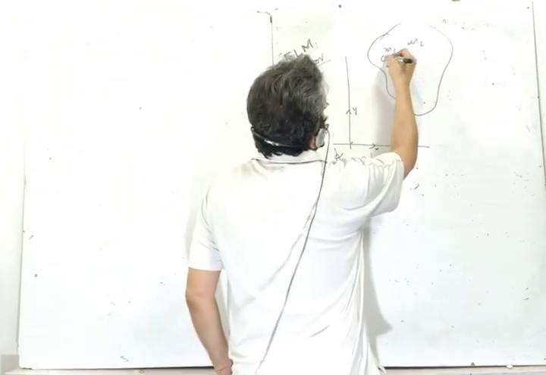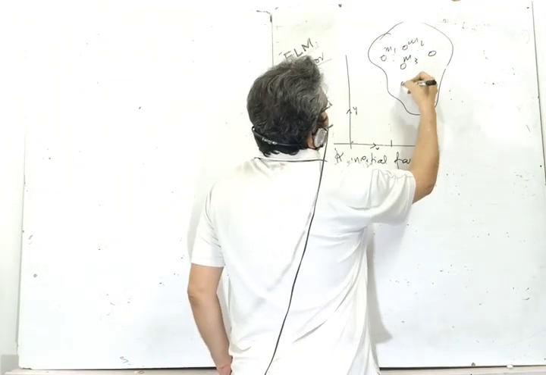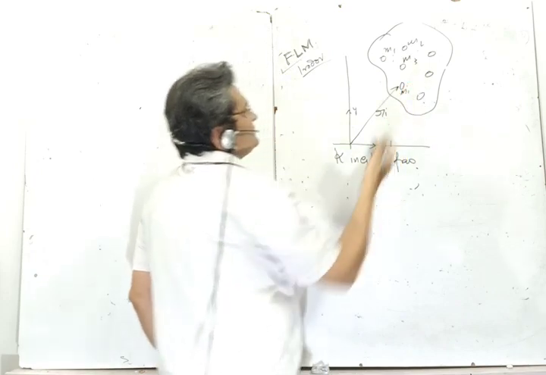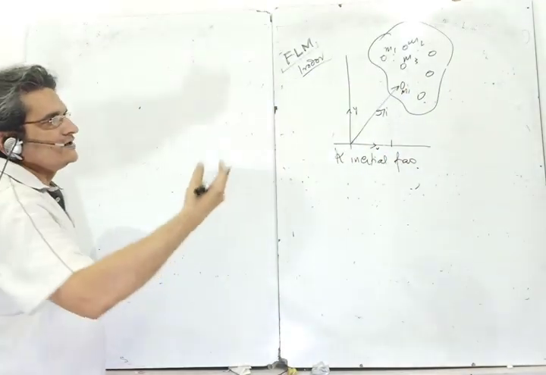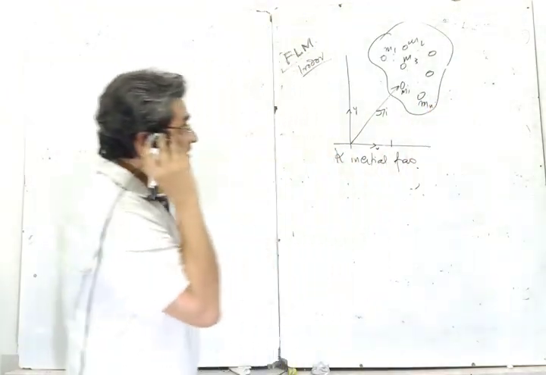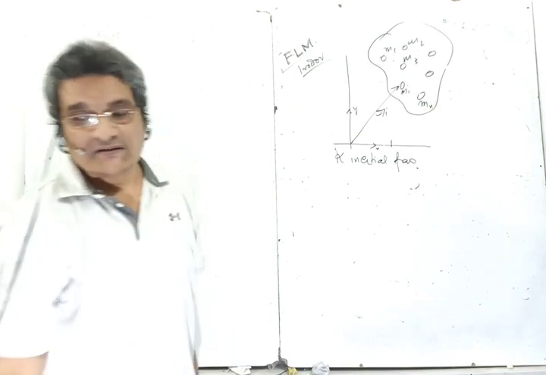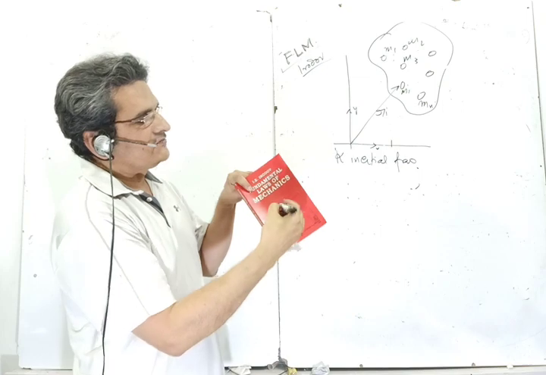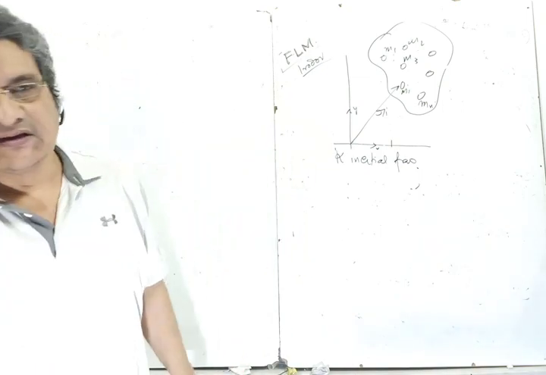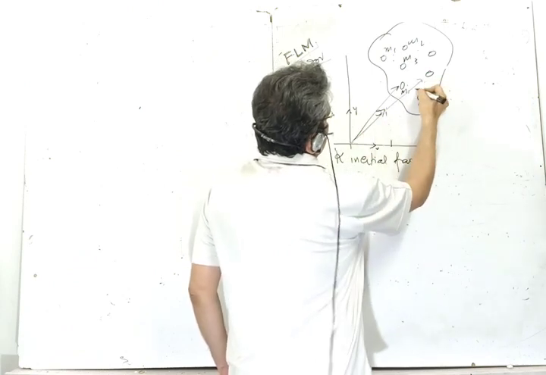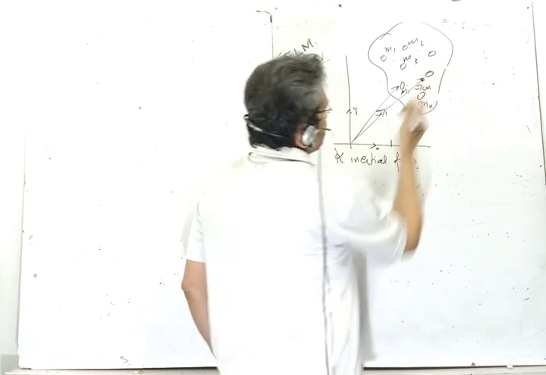So these masses are there, and let there be n masses, and let me write a general Ri for the Mi. So R1 for M1, R2 for M2, Ri for Mi, and there are n masses. Like any system, there is a center of mass. Like this book will have a center of mass. Suppose there are particles instead of the book, it will have some place where the center of inertia or the center of mass lies. So that thing is R center of mass. Let me write it like that.